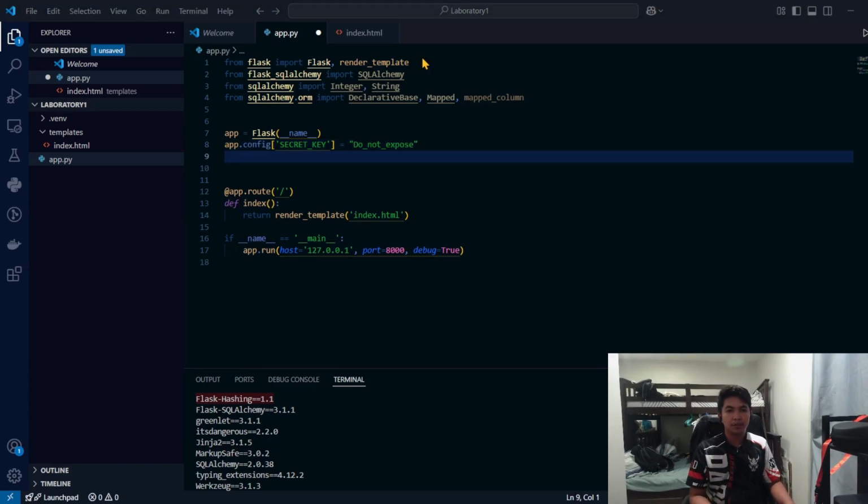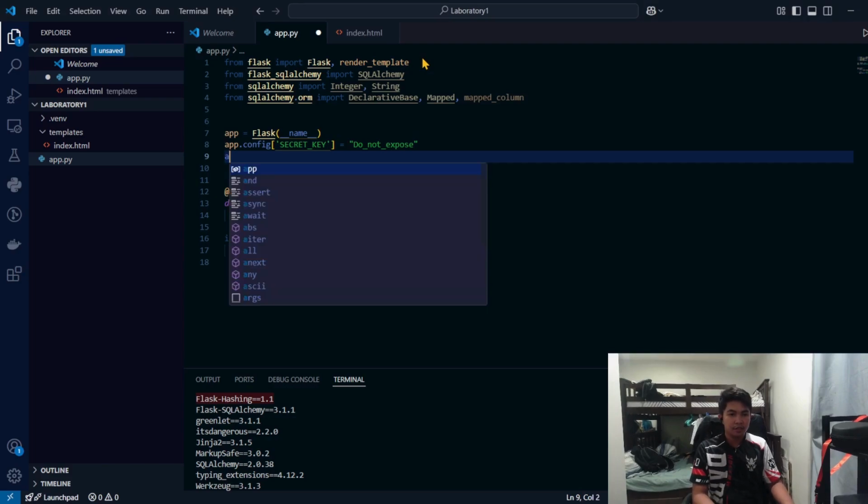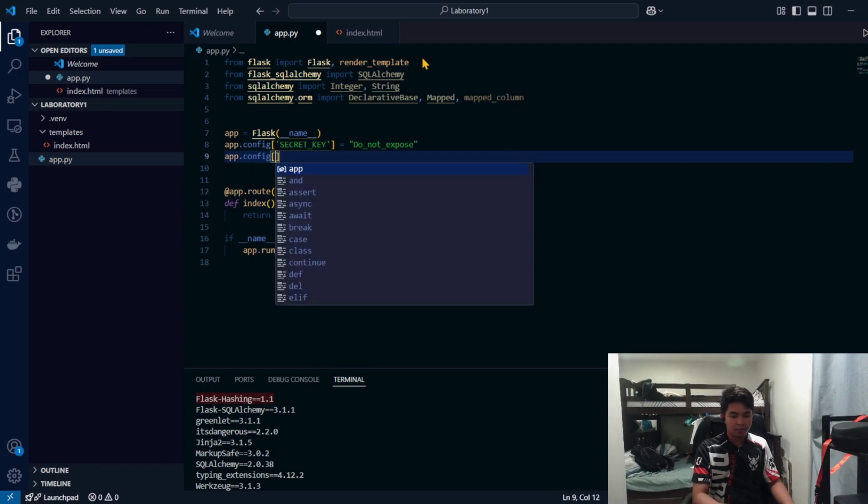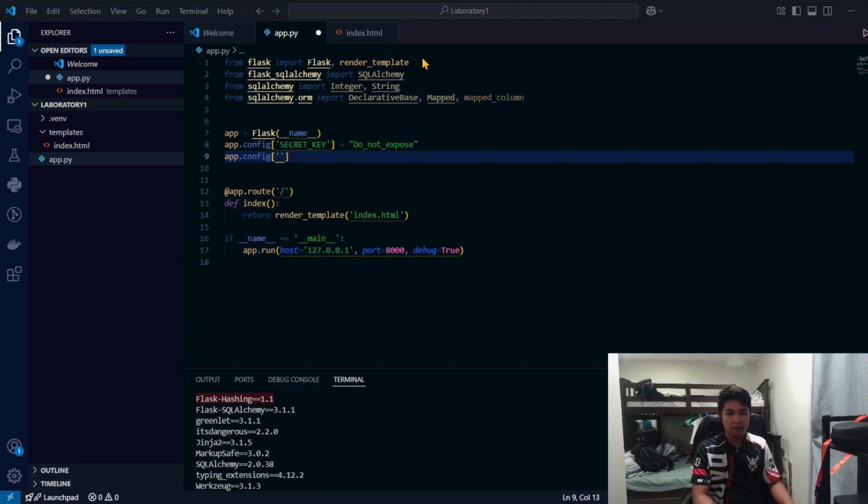Next, we must also configure the SQL Alchemy database URI. So app.config, SQLALCHEMY_DATABASE_URI. The use of this is to make the database in your own path, in the exact path of your Python file.